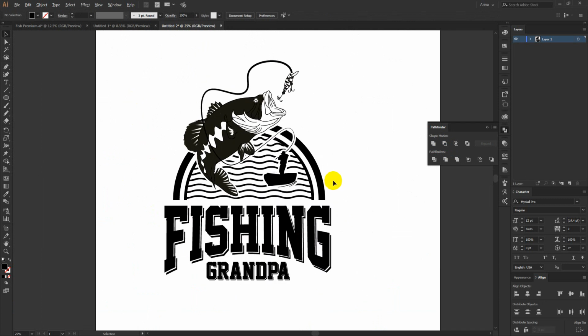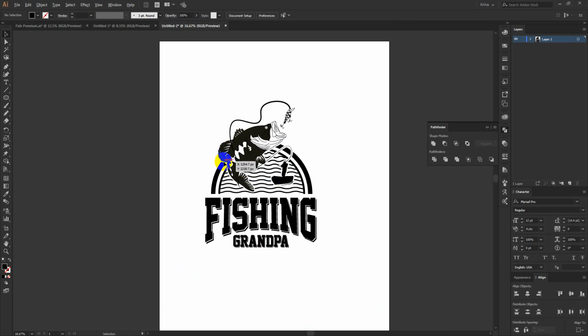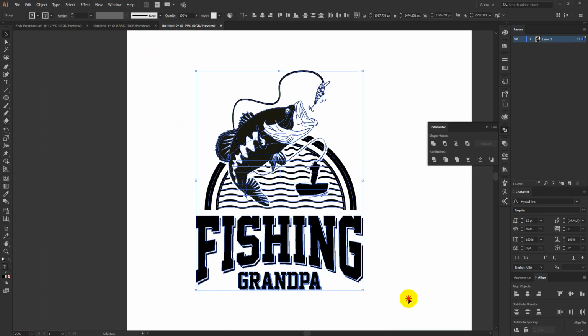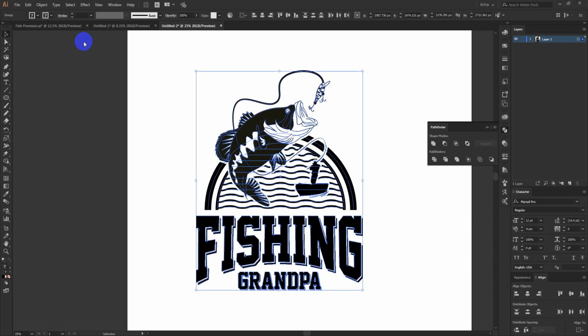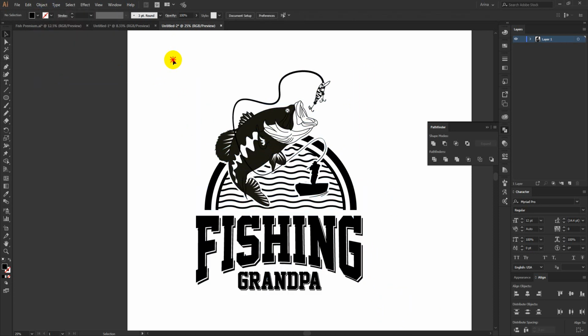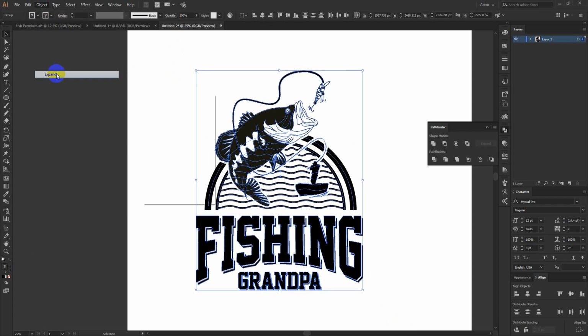I could have made another design with some text and something else, but I just wanted to make a design from that vector. It took me almost 1 hour and 10 to 15 minutes to make that fish drawing. So you can see this is how to make premium vectors or premium designs. If you are an artist, then you can simply make this with any kind of mouse or graphic tablet, but if you are not an artist, then you need reference images like me. Okay, all of this is done with mouse.